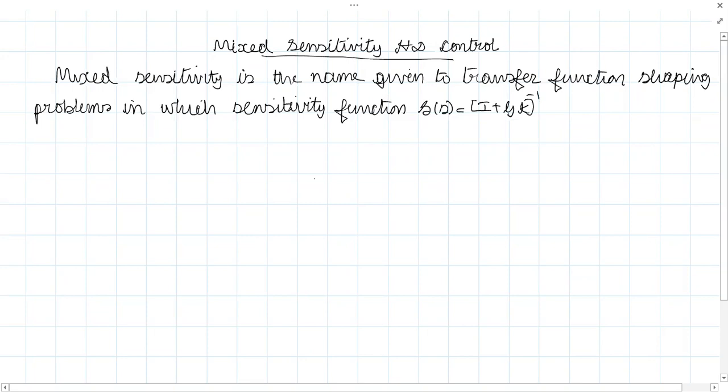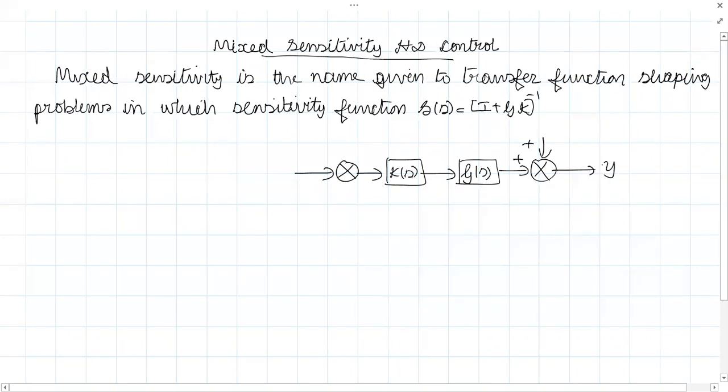If you remember that figure, what was the configuration? Here we had a summing point. There was a controller K of S. We had a plant here, G of S. At the plant output, there was a disturbance. This was the output Y, right? When you use a sensor to detect the output, it was corrupted with noise also. This was fed here. This was the reference input. This was the negative feedback. So sensitivity was defined as 1 by 1 plus GK, in the SISO case.